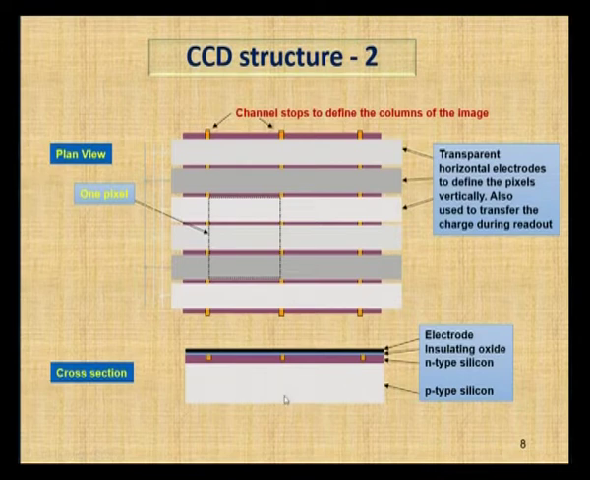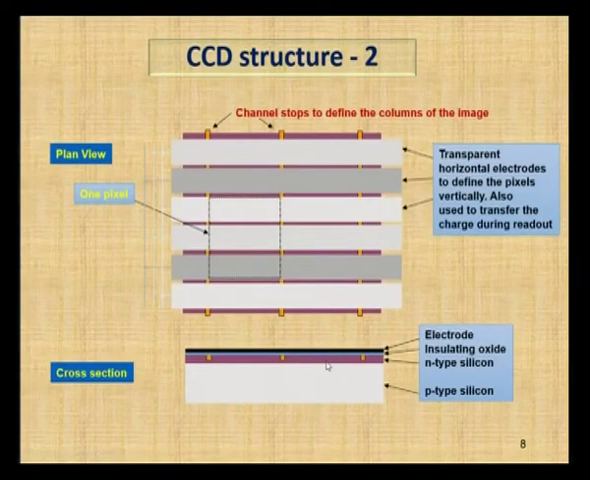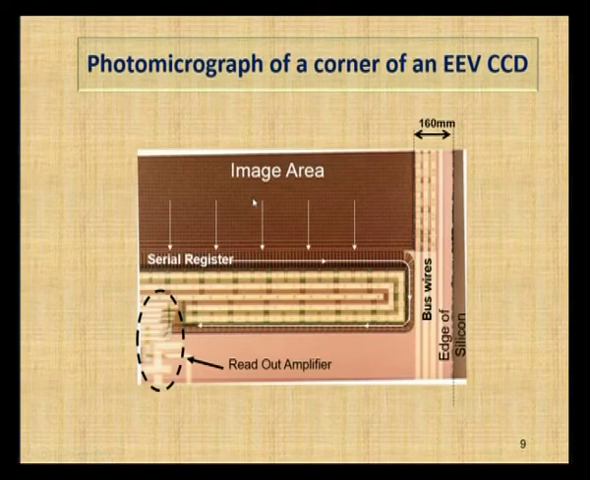Every semiconductor device is fabricated on a substrate. So, a P type substrate. On top of the P type substrate, the N type silicon will be there. On top of it, insulating oxide will be there. On top of it, an electrode will be there. So, this structure clearly specifies that CCDs are made up of MOS, metal oxide semiconductor devices, also called MOS capacitors. So, the CCDs are made up of MOS capacitors, and this is the photo micrograph of a corner of an